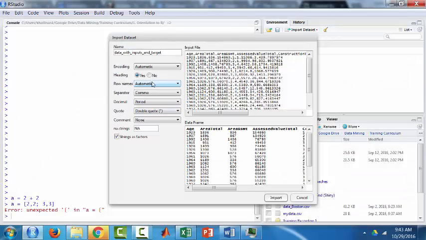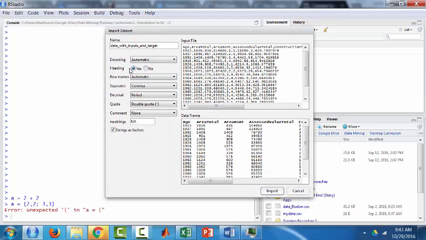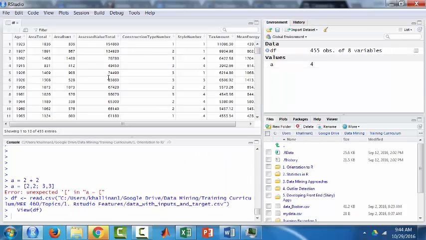So you'll get an input file window. If there are headers in that file, which I have in this case, you'll select yes. If not, then select no. And these are all default values. We'll import that, and I can give it a name. I'll call it DF for data frame. Import that. And now I have a data frame, DF, and if you notice, the data